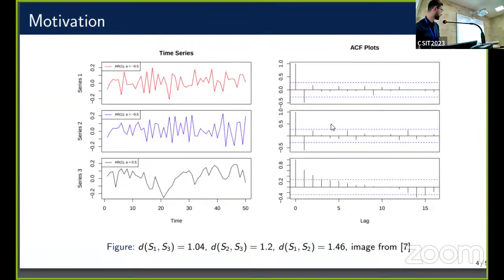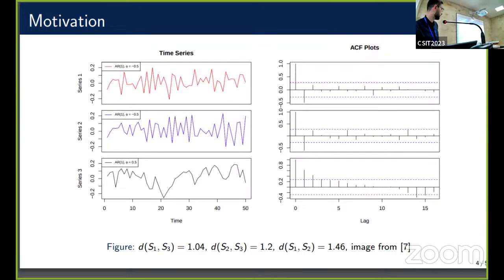So one motivation is that we have here three observations of three AR(1) models. The first two are samples from the AR(1) with the same coefficient, so they are samples from the same model, and the third one is a sample from another model. If we calculate all pairwise dissimilarity Euclidean distances between these time series, then we can see that we cannot distinguish